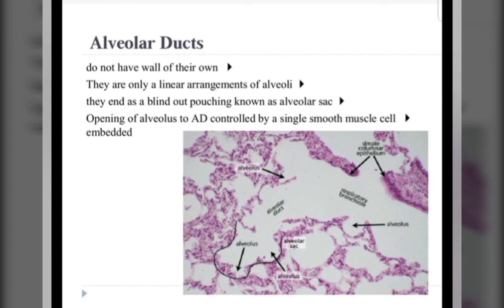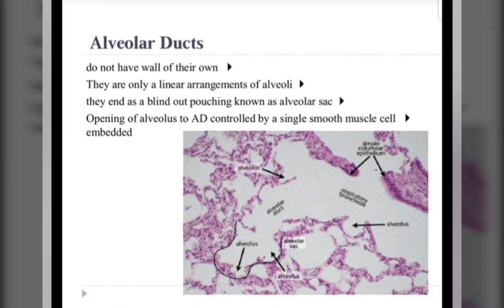Then the respiratory bronchioles continue into thin-walled conical tubes called alveolar ducts. The wall of an alveolar duct is studded with alveolar sacs and alveoli, which open into the lumen of the duct. Hence, an alveolar duct presents a very discontinuous wall in histological sections. Between the openings of the alveoli, the wall of the alveolar duct consists of epithelium and the lamina propria.